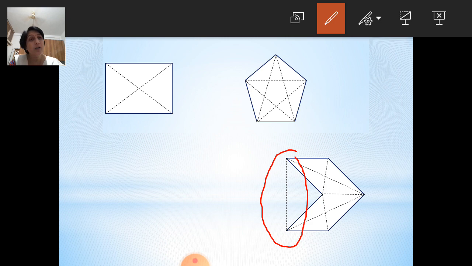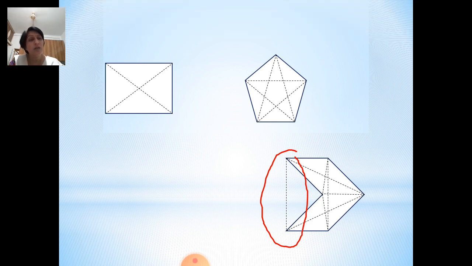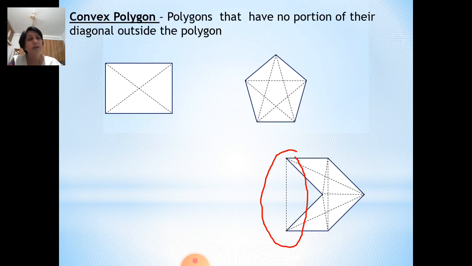So, according to the place of the diagonals, these polygons are named. So, the polygons that have no portion of their diagonals outside the polygon,